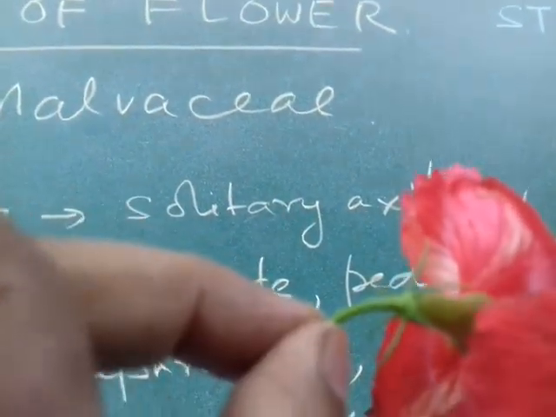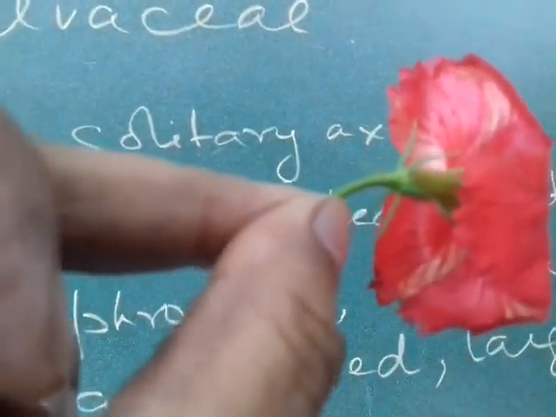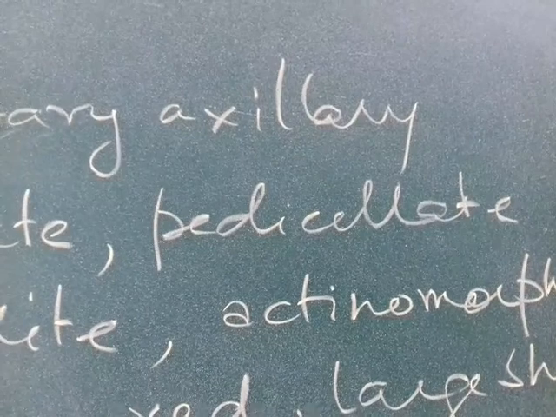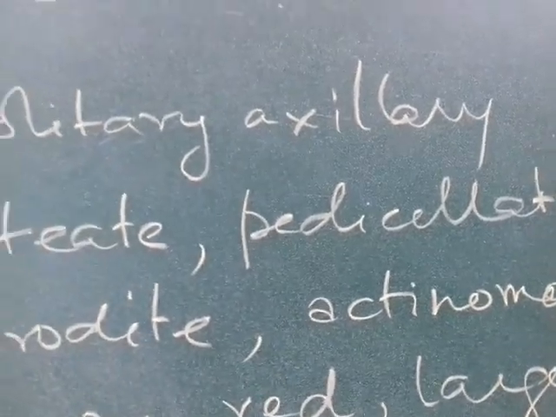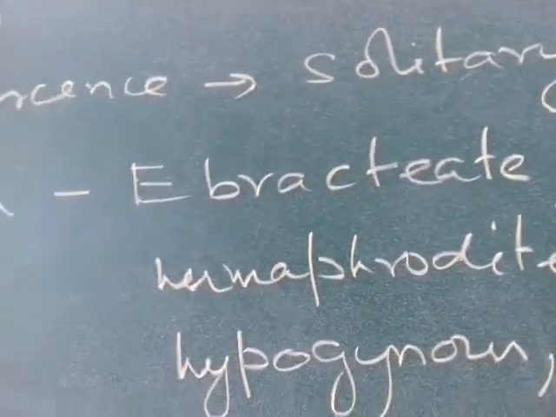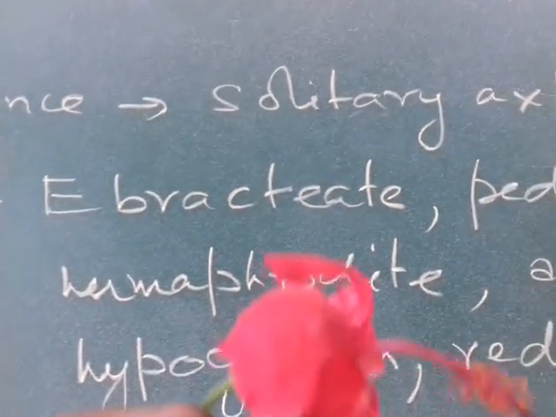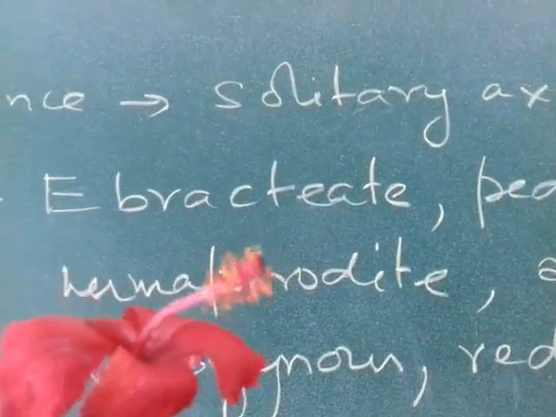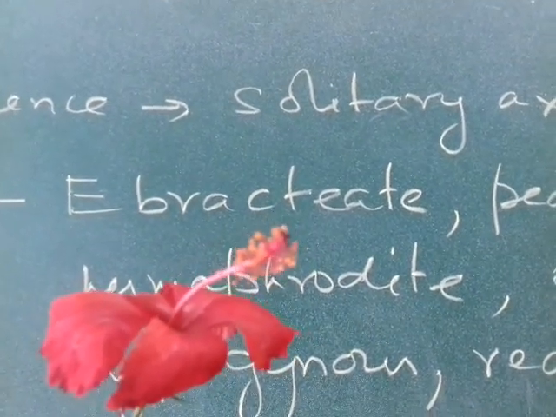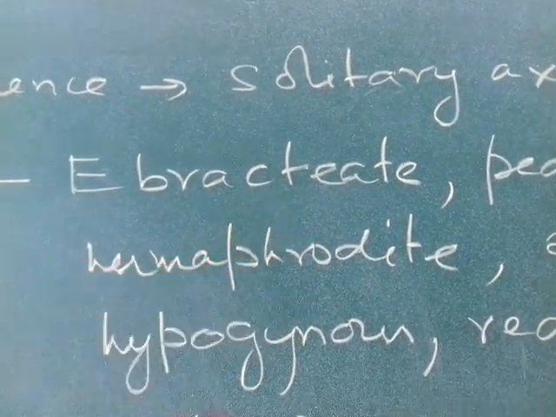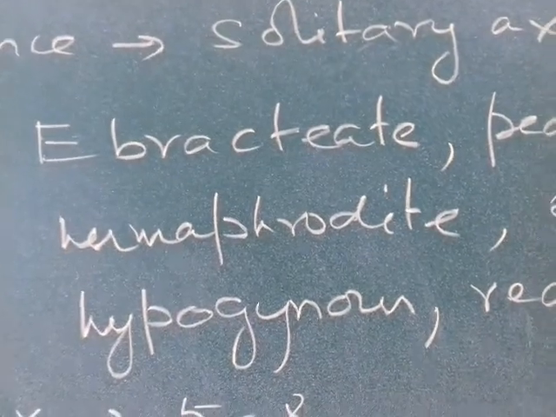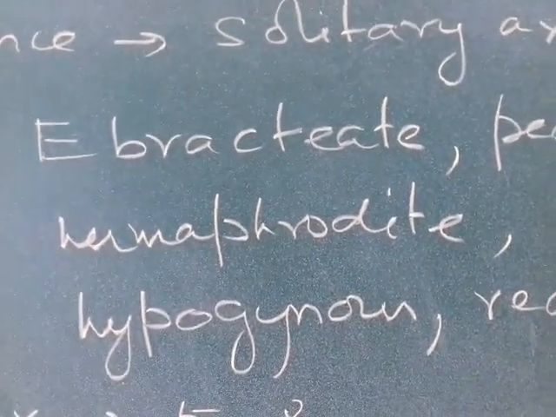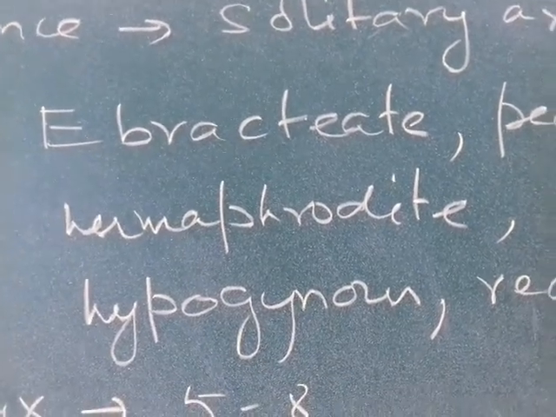This is the stalk or the pedicel. If the flower possesses a pedicel, we call it a pedicellate flower. If we don't have the pedicel, then we call it a sessile flower. So this is a pedicellate flower. Then hermaphrodite. Hermaphrodite because the male, and you can see this is the stamen which covers that deep scarlet colored stigma and style. So the male and the female reproductive organs remain in the same flower, so it is hermaphrodite.